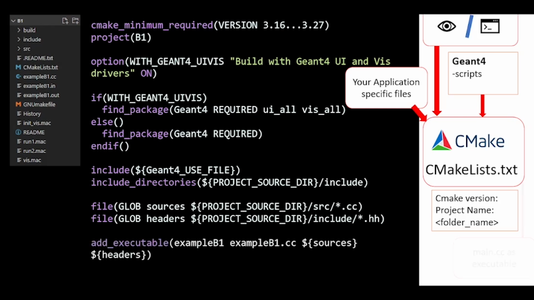In the next line we will be specifying basically the main program, the main function of our code. So obviously the main function will be in the root directory. So in our case it's inside the exampleB1.cc. So we have named our example B1 as exampleB1.cc. This exampleB1 will be the name of the executable file,